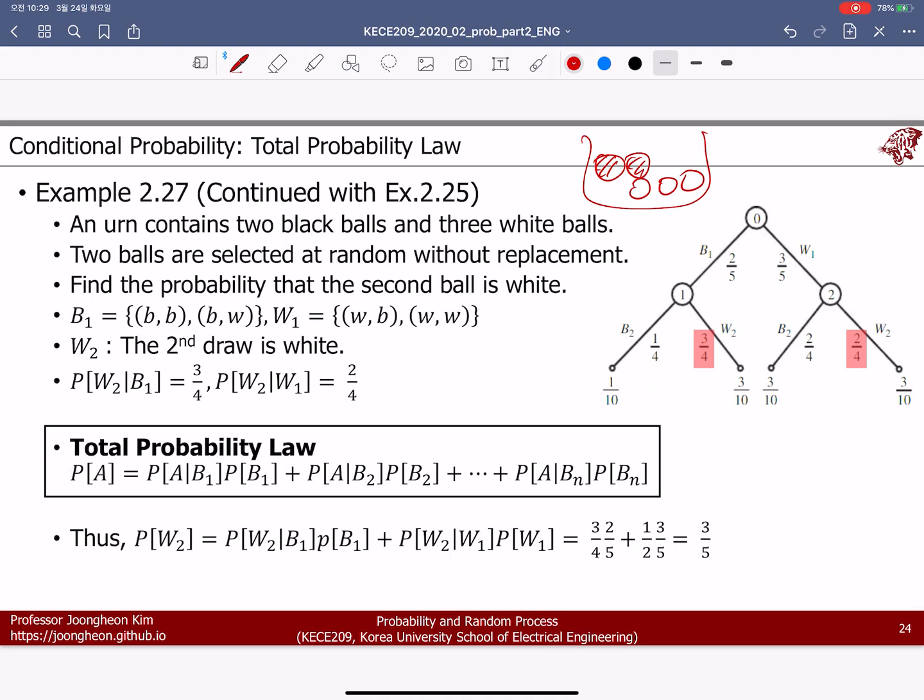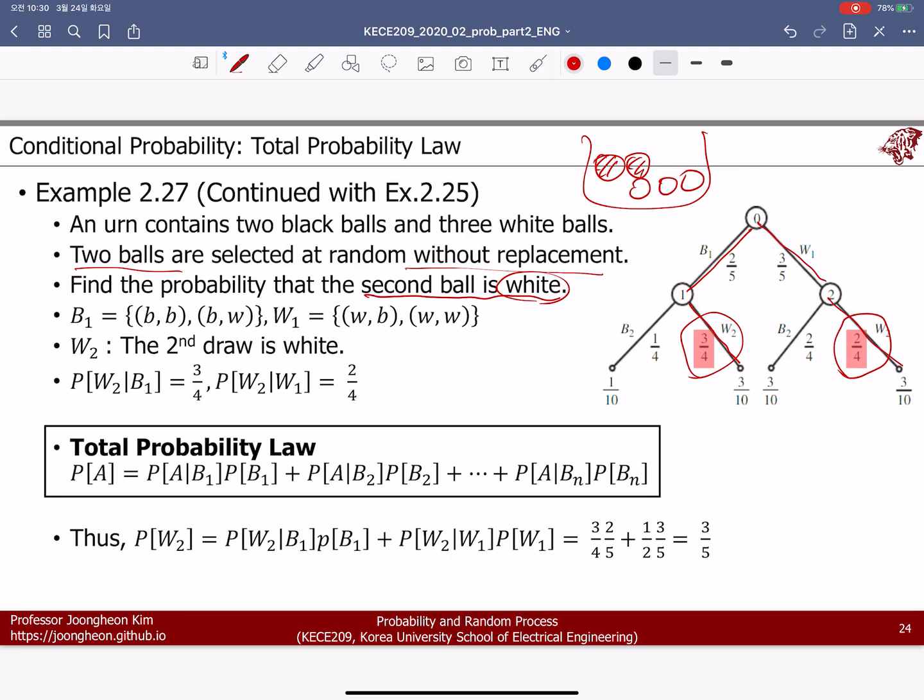So we had this result on this example, two black balls and 3 white balls, okay? So we have to do selection 2 times. We have to take 2 balls without replacement, okay? And then we have to take the probability where the second ball is white. We don't need to worry about the first ball. So in this case, first one is black, and second one is white. So this is our interest. So first one is white, second one is also white. So this is our interest. Okay. So we have to take the probability of this one.